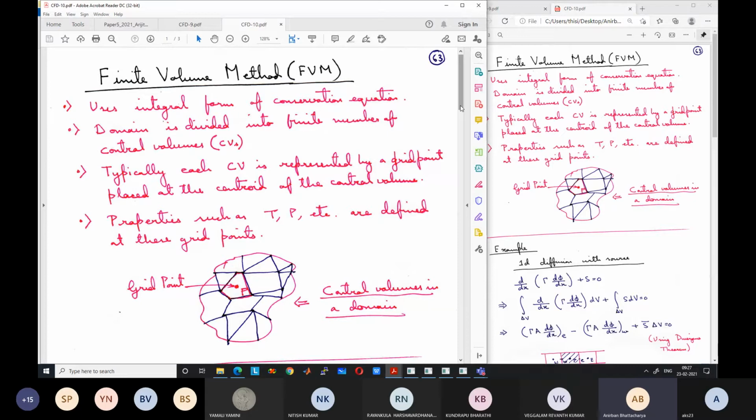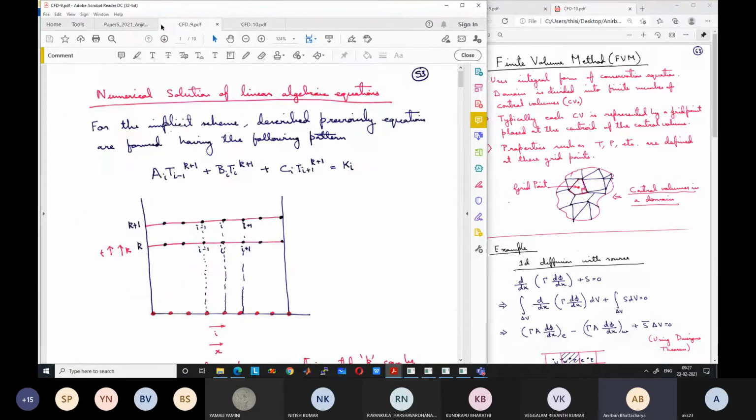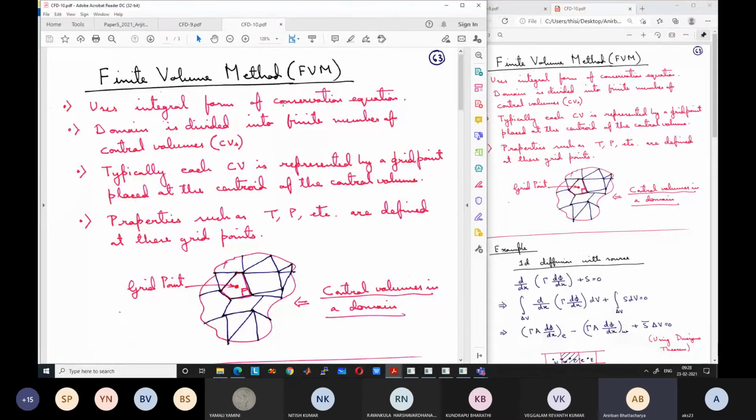Okay. So the finite volume method will give us this discretized equation. It will give us equations like this. The solution for these equations will be done in a similar fashion to what we have discussed. But how to get this discretized equation? There we will differ from the finite difference method. I will just give you a few points today about the finite volume method, and we will continue in the next class. Once we discuss the finite volume method, these points will be clear.